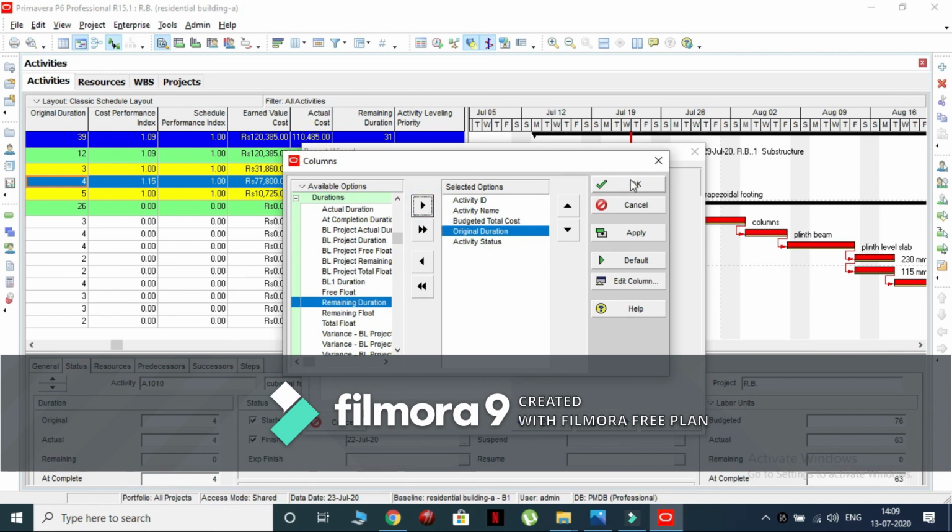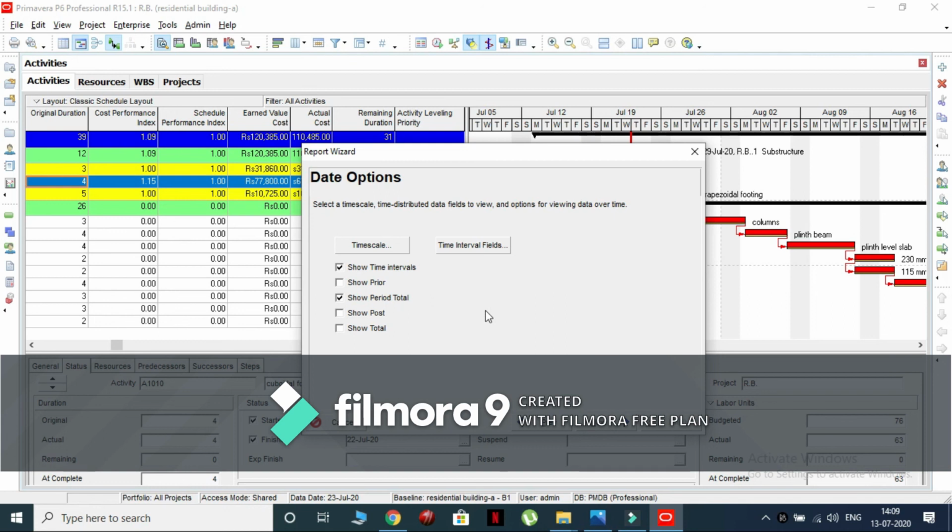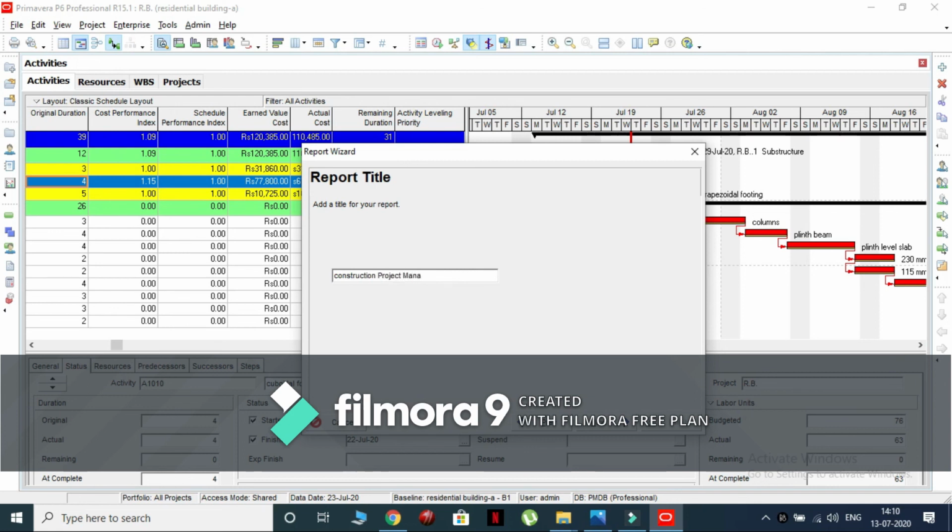Now click on OK to save the changes and click on next. Name the report title as Construction Project Management. And click on next.